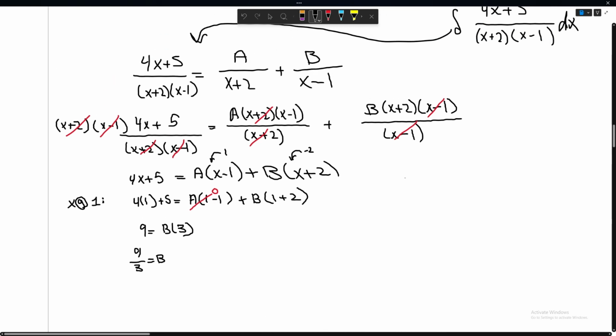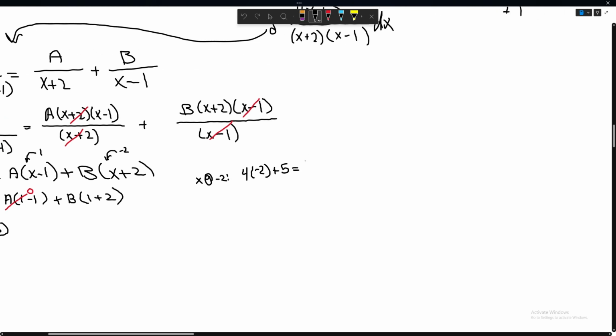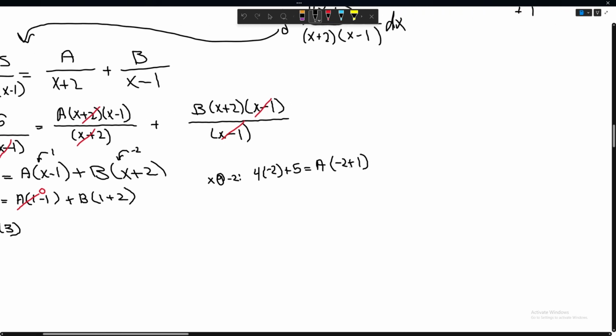Actually, I'll start now for my a variable. I'll say x at, well, here I don't even have to do the at. I can just sub it in. But then I'm also missing an x. So I can sub my b in here, right? But I also need to figure out my x. So my x turns into -2 plus 5 equals a minus 2 plus 1, or is it minus 1? Minus 1